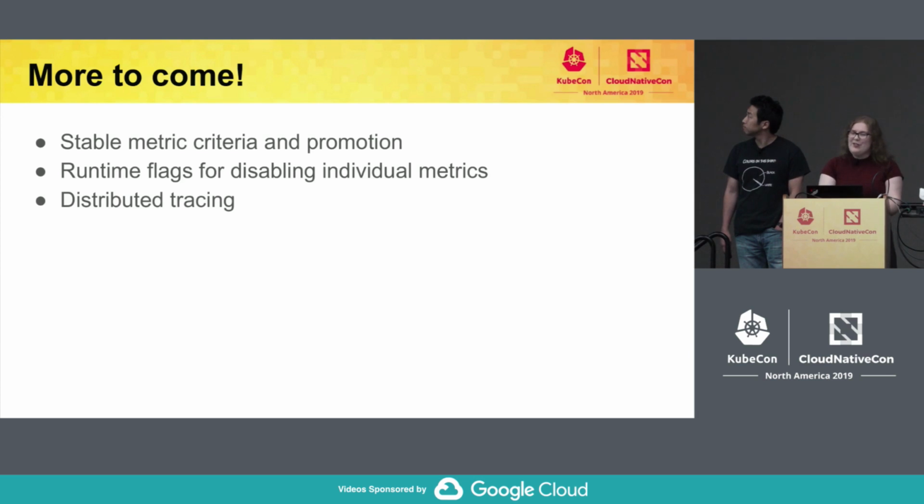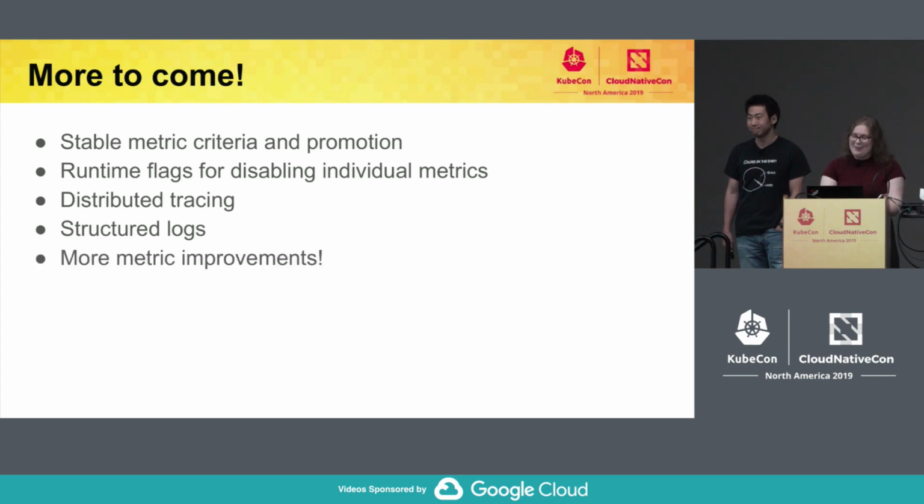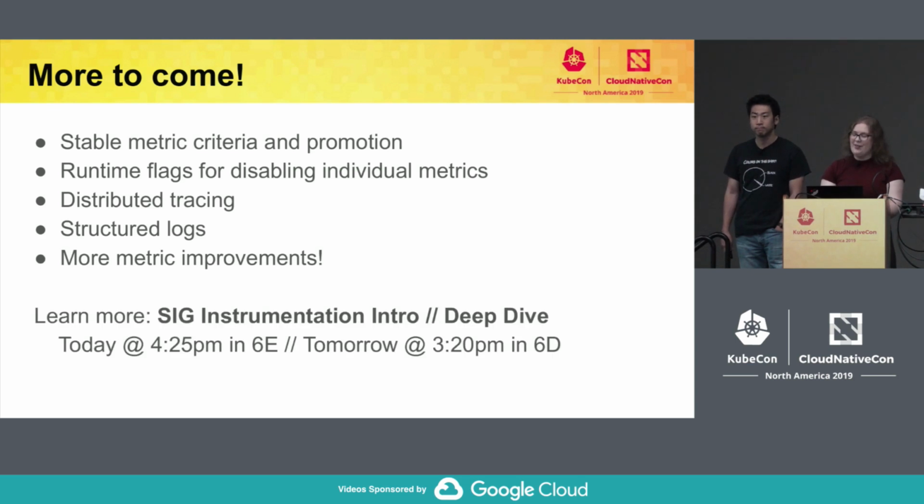You may have noticed we didn't discuss tracing in this talk, and there's a SIG Instrumentation KEP under consideration for adding distributed tracing support to Kubernetes components. And as of last Friday, a new KEP was also proposed to add structured logs to all Kubernetes components, which is a thing I have been asking for for a year. And finally, we have more metric improvements in the pipeline as we continue to identify suboptimal metrics and iterate on them. So, if you want to learn more about any of this, we invite you to attend the SIG Instrumentation